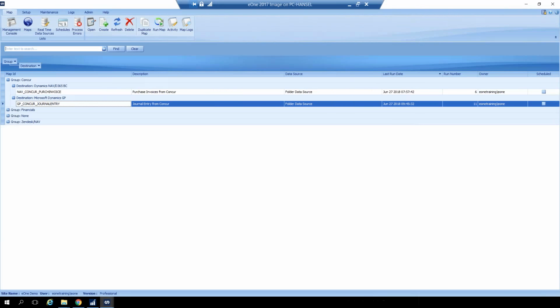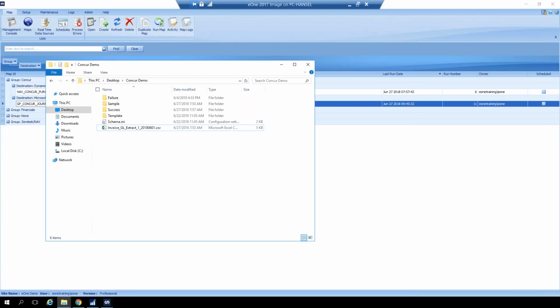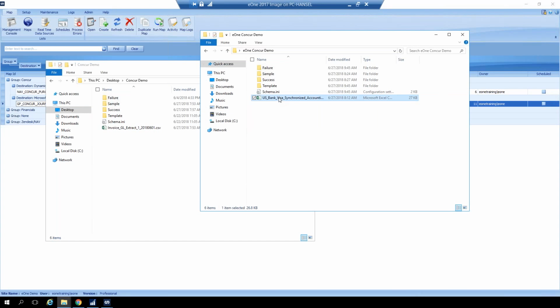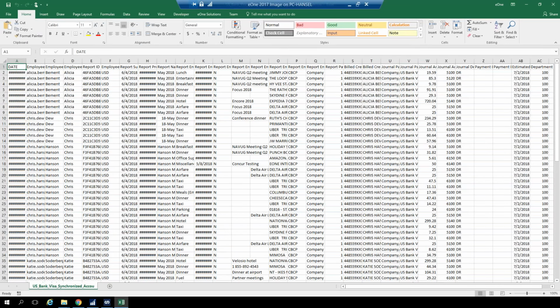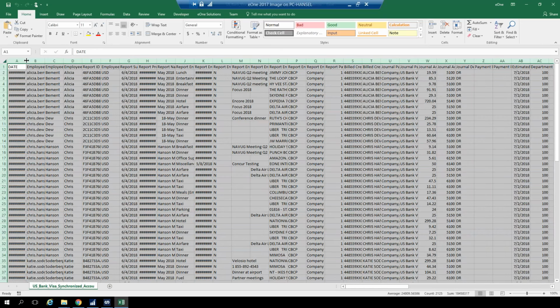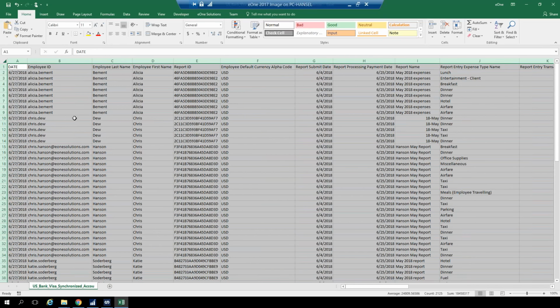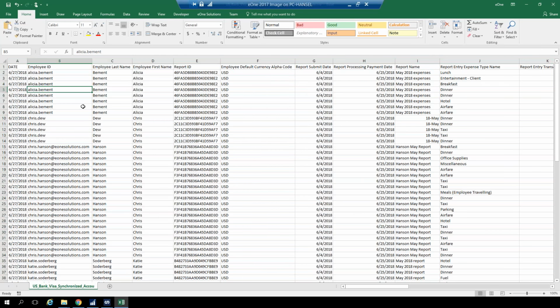So let me go ahead and full screen my demo system. The first thing I want to start with is showing you an example of what this extracted information may look like. I'm going to take our US bank export file that we've got here and just scroll through a few fields on it. Now, when I open it up, this looks really ugly. It's just that dump CSV file that we happen to have here. But this has all the needed information in it for us to create the transaction we want inside of GP